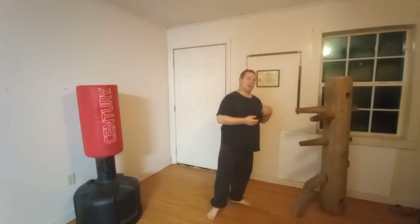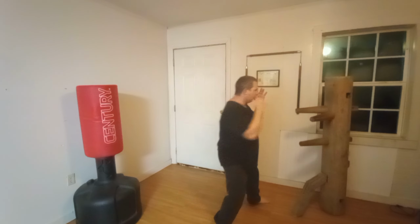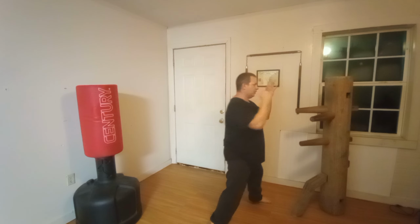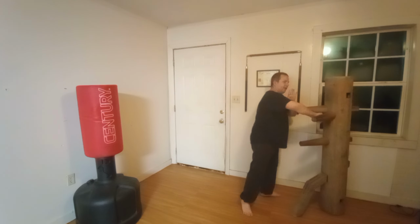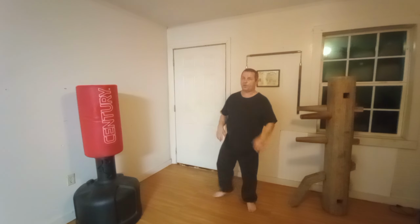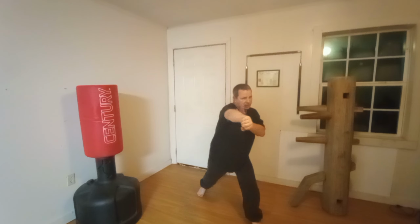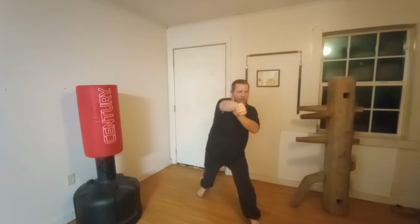They use this punch as one of the kill techniques, and what it does essentially is it looks like it's coming straight, and they've got their guard up, and then it twists and has a tendency to go right between the guard and strike your target anyway, because it just changes directions there at the last second. It gets in a lot. One thing I don't like about it is it also puts you way off here to the side in sort of an unbalanced position. So let's try to negate that, stay into a better stance, and throw that punch 10